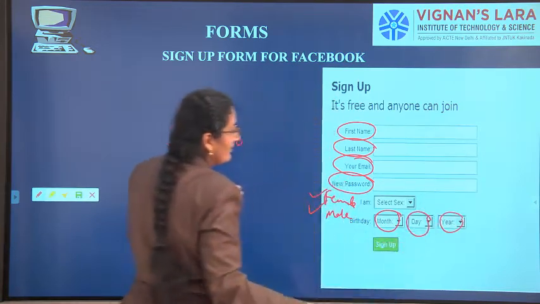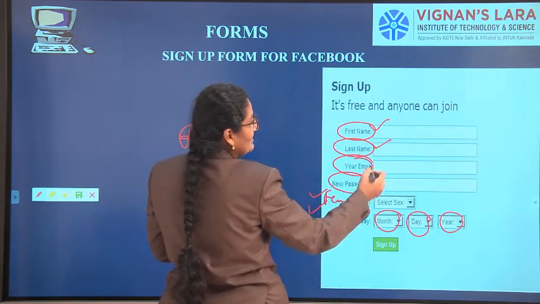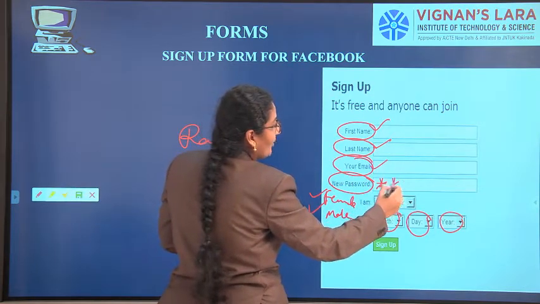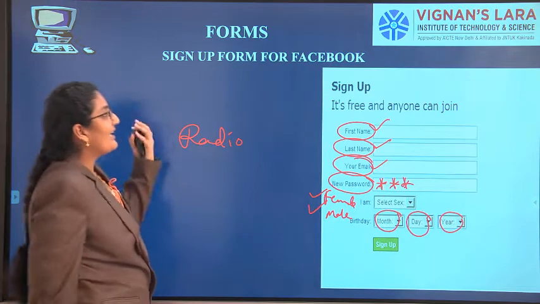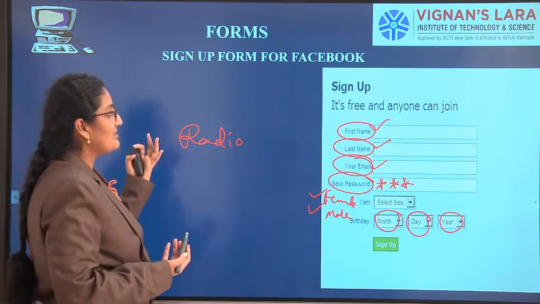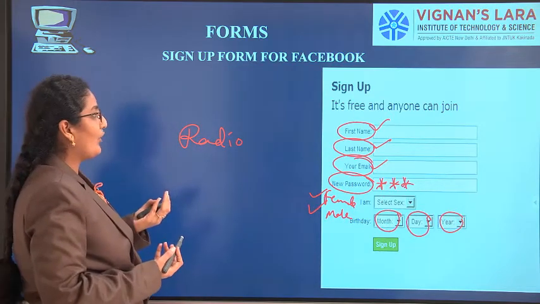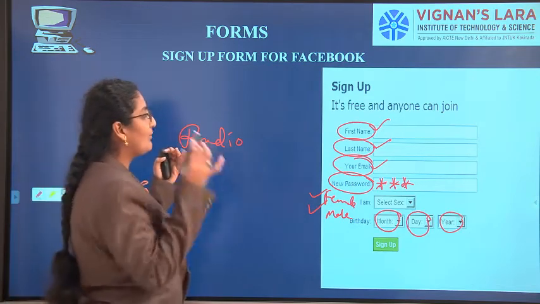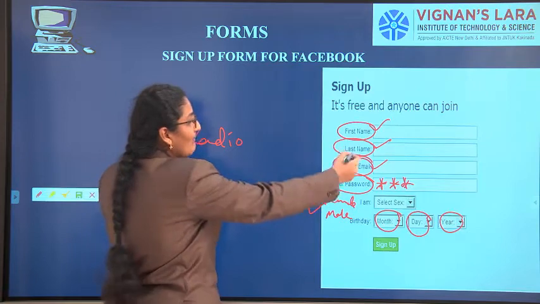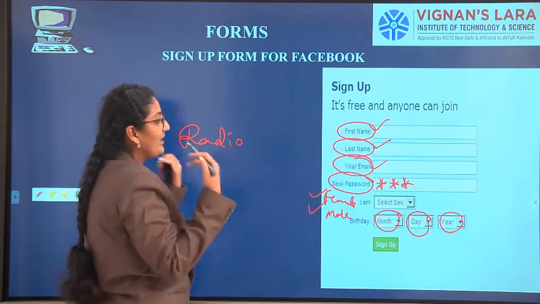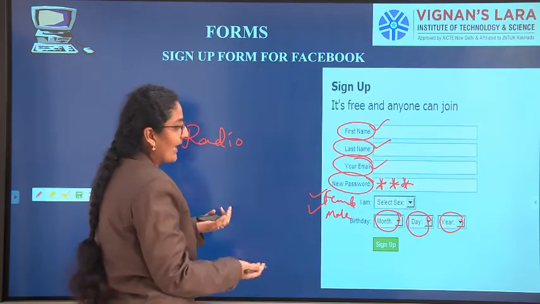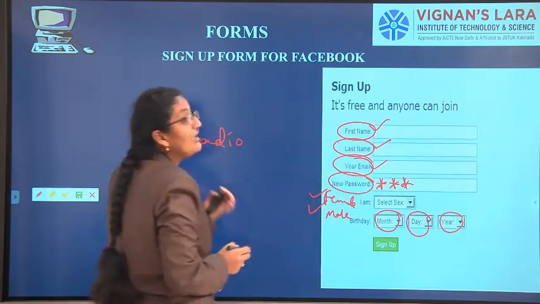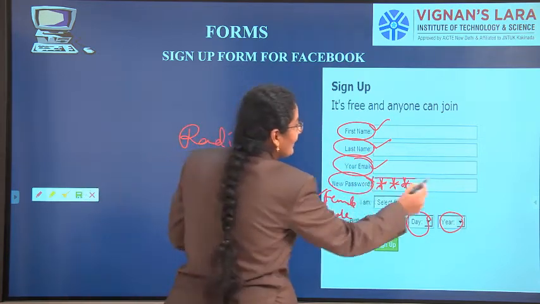So this is a drop down list. Here you can see name, that is nothing but a text box. Password, we can give in the form of asterisks. So if you take any form, first you need to understand what attributes we have in that form. Before generating a form or learning about attributes of the form, you should first take an example form and see what it will be having. It will be having radio buttons, check boxes, drop down list, text boxes, and passwords also.